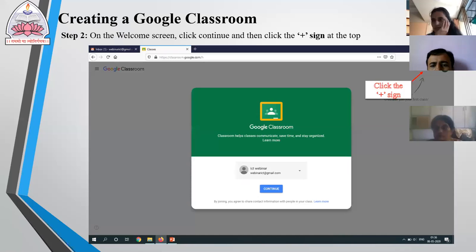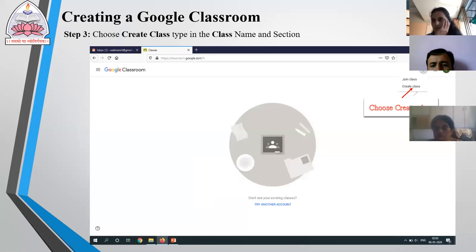As soon as we create the Google Classroom, on the welcome screen, we can see this. And over here, we have to click on continue. And then we are in the Google Classroom. At the top right corner, you can see a plus sign. Click on that. And over there, there are many options. Choose the create class option.